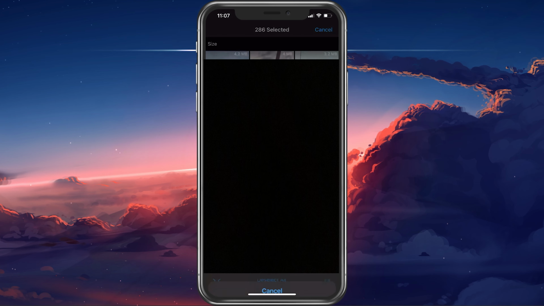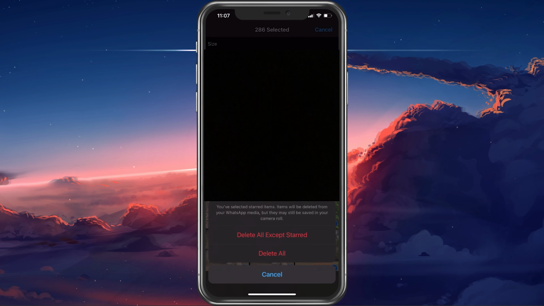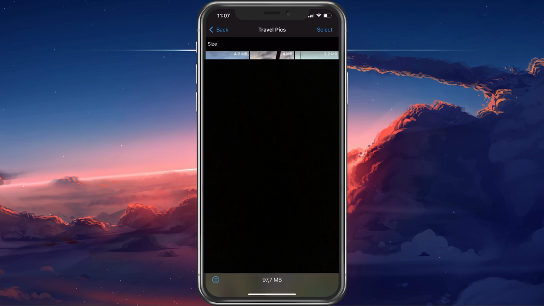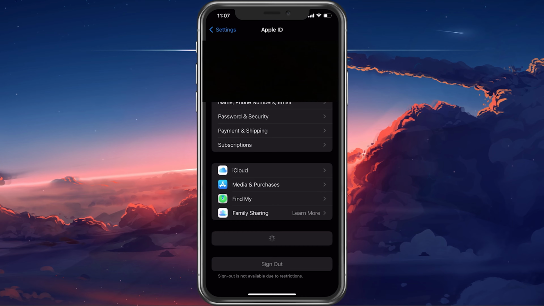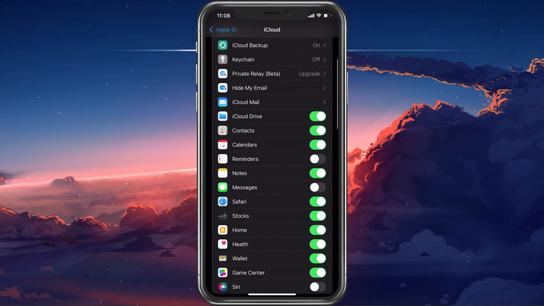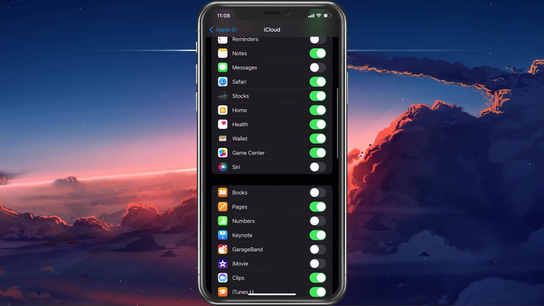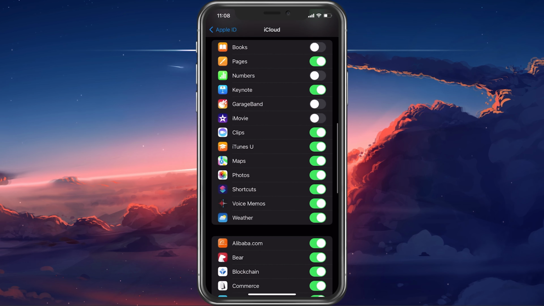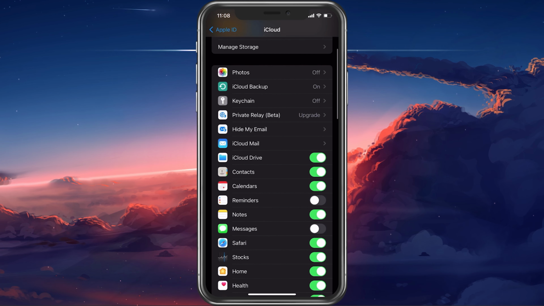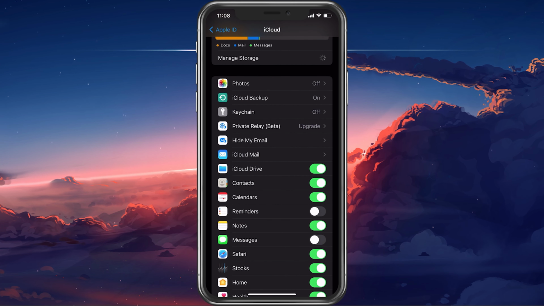After deleting the files of some unneeded apps, your iCloud storage should begin to free up. Back in your iCloud settings, you have the option to enable or disable some apps from being backed up in your iCloud. Your iCloud Drive, Notes, Messages, Books, iMovie, and Photos apps can take up a large portion of your iCloud storage. Before increasing your storage plan, you can in addition delete old and outdated backups which are still saved